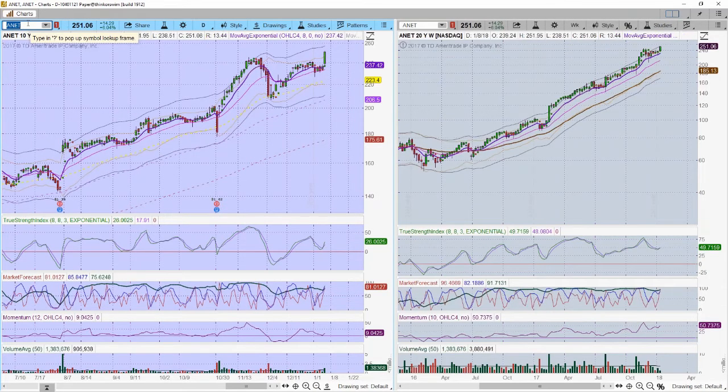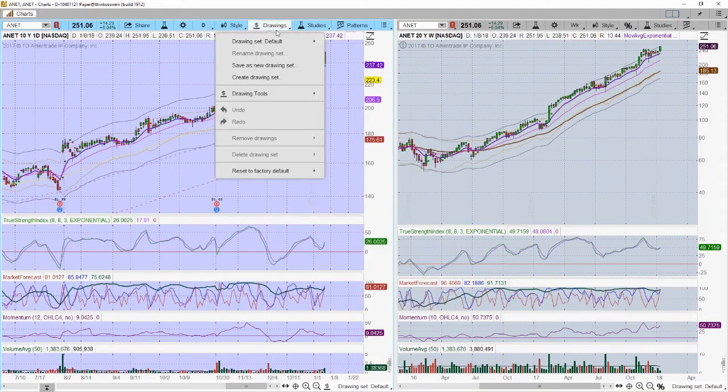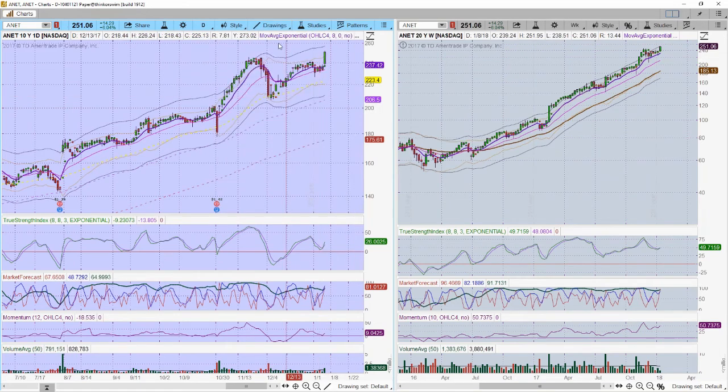ANET, same thing. ANET I actually like a little bit more. You've got a cleaner breakout. You can go one of 2 ways on this. You've got the breakout right there, which is a good one. So watch any pullback that pulls back towards the 242 level. And just what would that look like on a